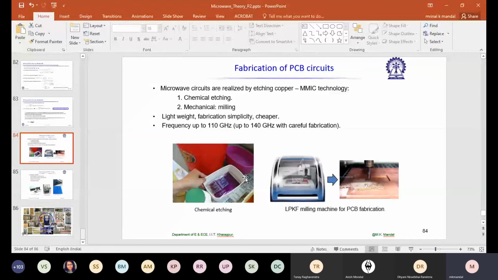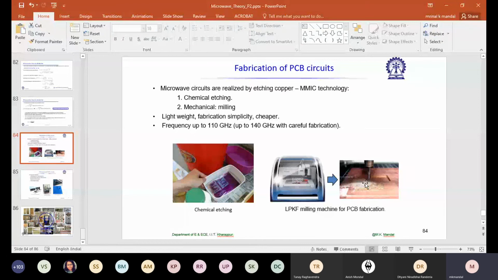So that is the chemical etching procedure. On the left side of this figure, I'm showing when it is immersed in the dye. The second one is the milling machine. It is a computer controlled machine where we use different drill bits. We have different types of bits, and the bit position, its rotation, its depth, everything is controlled by a computer. And how it takes out the metal, we have a spin here. It's a very high spin rate, and it uses milling basically. So you rub the metal part and take it out.